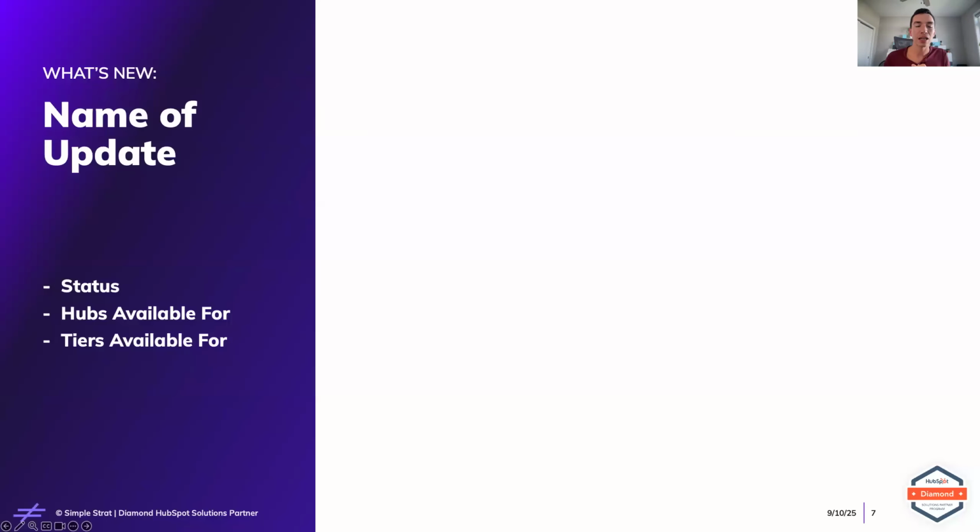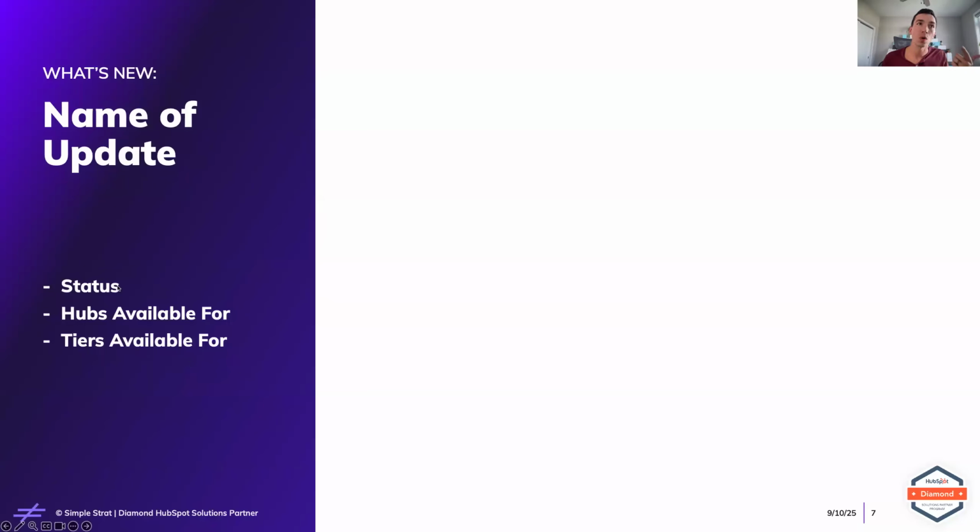I know we've got a lot of new folks with us today, so a couple things about what you're going to see on the slides. In the top left corner here, you're going to see the name of the update. We try to use the exact same name that's in HubSpot's product updates. So if you need to go enroll for a beta, or try to find some new information, if you search for the name that we have on our slide, that should be the easiest way to find it. The status, so it's either going to be live, which means you have access to it today,